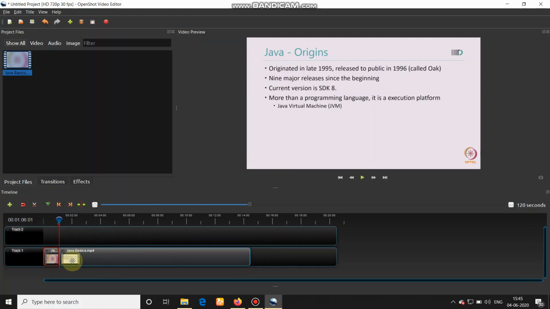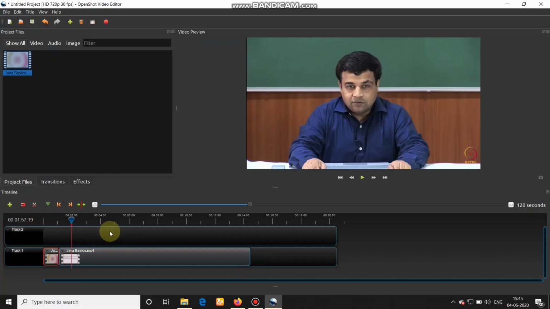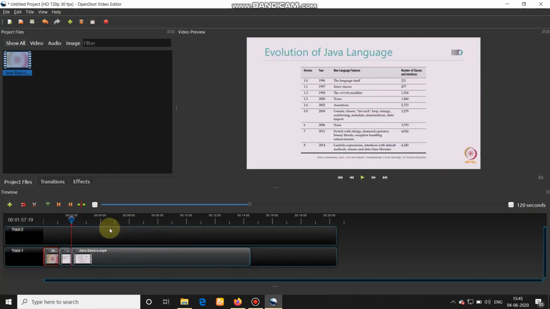Now again, move your slider to some place like, say, at the 2 minute mark and select slice all, keep both the sides. Again, it is going to slice your right hand side video clip into 2 parts. Now, this is what I don't want in my video clip.